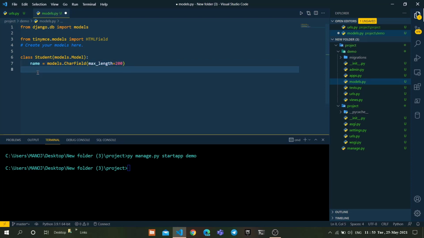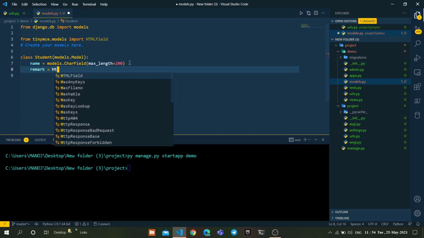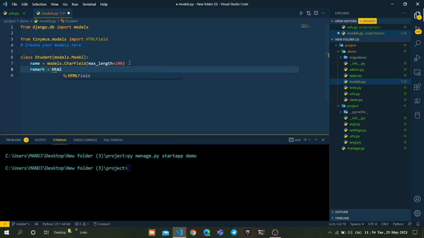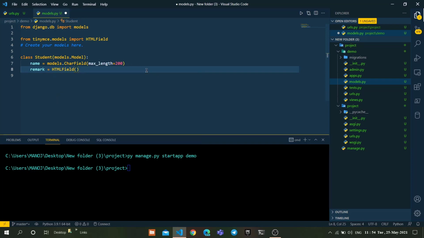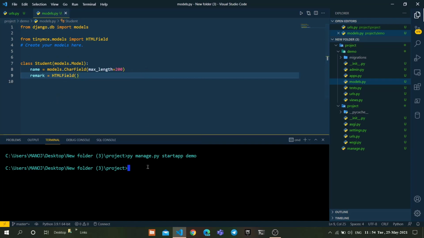So what I'm doing is creating a field with name, and it consists of a maximum of 200 characters. After that, I want to write student remarks. For that, remark equal to, here I'm using the TinyMCE HTMLField. So write remark equal to HTMLField.